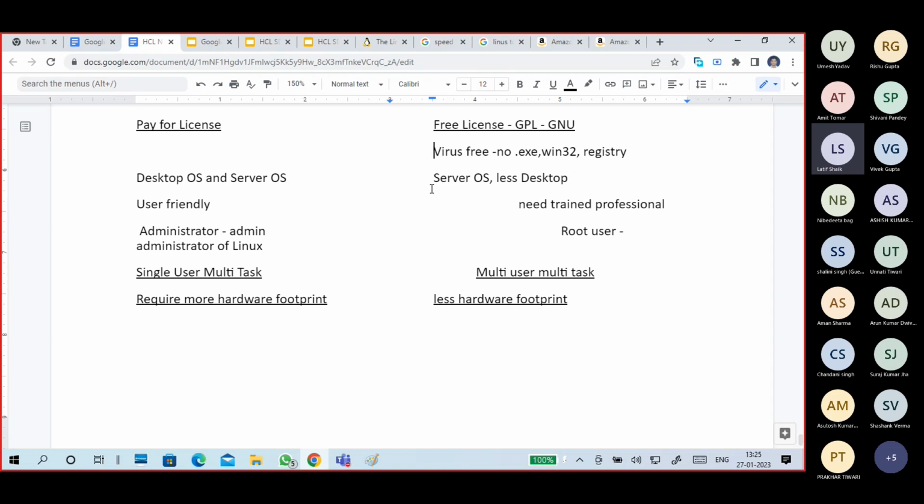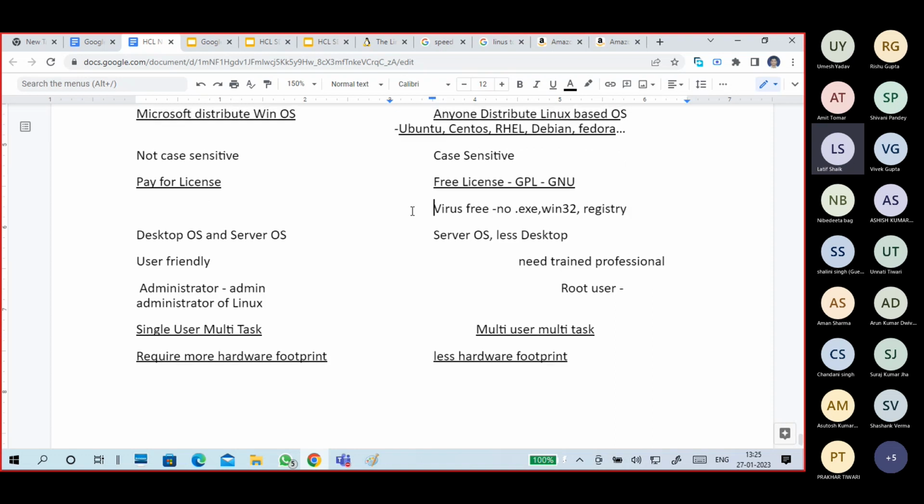In Linux, the license is mostly free. Linux is generally free based on GPL and GNU, which stands for GNU's Not Unix. Under the General Public License version 2, the given license is free, so any person can use it without paying any